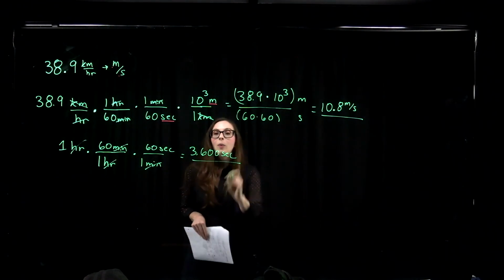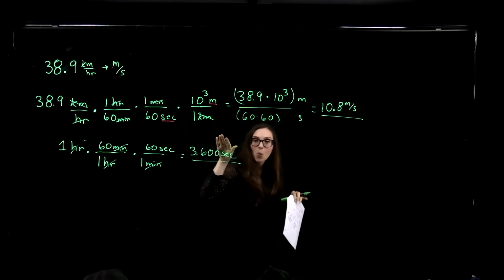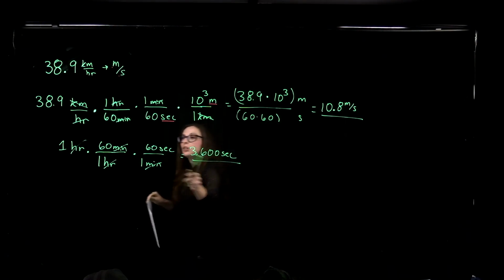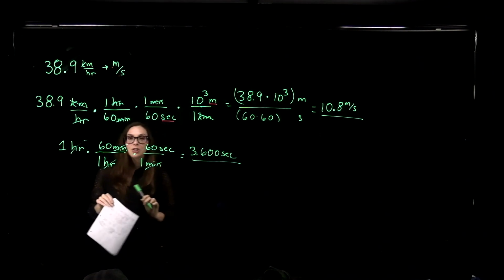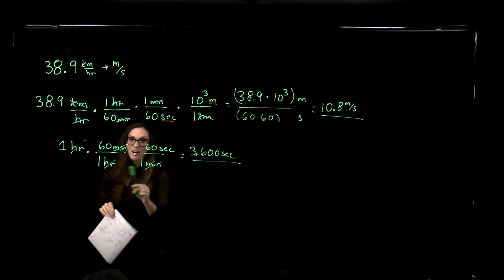Okay, so you can always go through that conversion factor here if you forget that there's 3,600 seconds in 1 hour. You can just jump right to the seconds from hours if you know that conversion off the top of your head, or you can derive it every time by doing this right here. Okay,